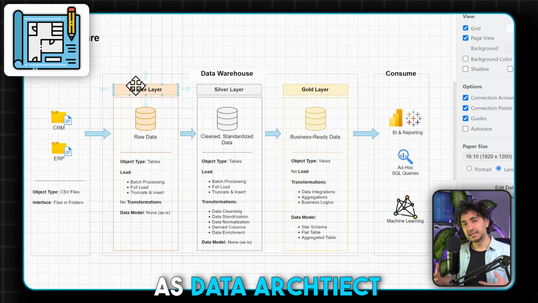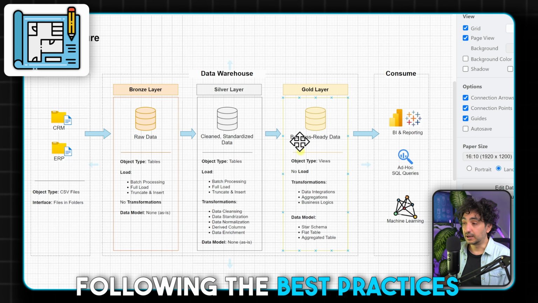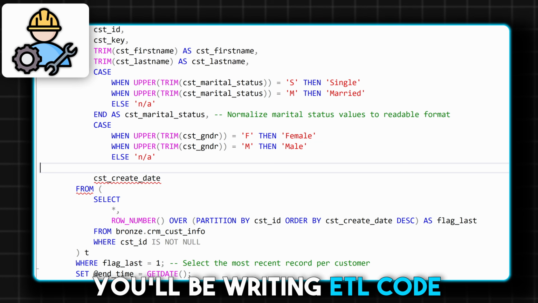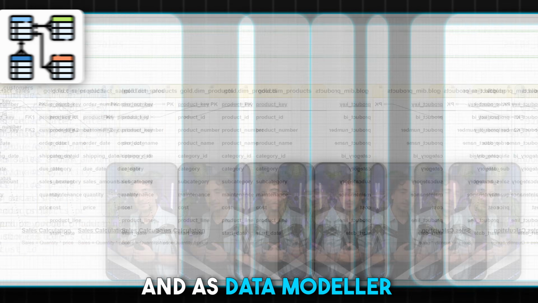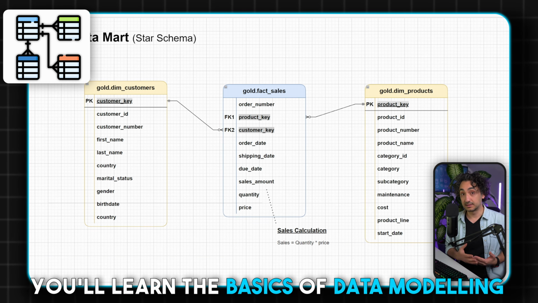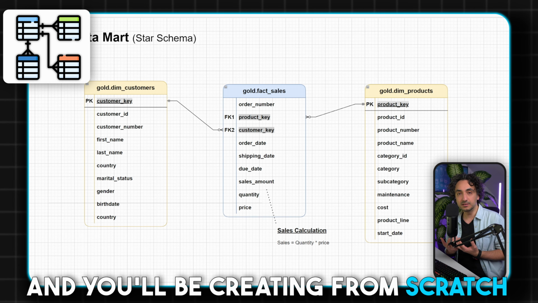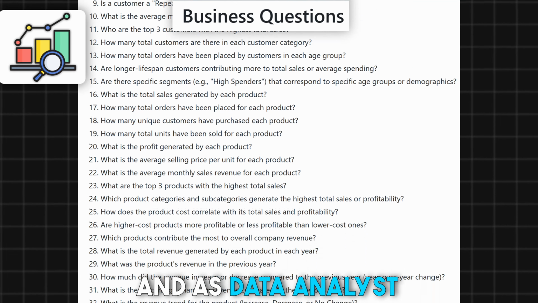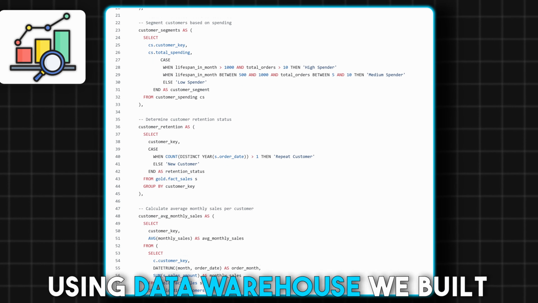And here's what you will get out of this project. As a data architect, we will be designing a modern data architecture following the best practices, and as a data engineer you will be writing code to clean, transform, load and prepare the data for analysis. And as a data modeler you will learn the basics of data modeling, and we will be creating from scratch a new data model for analysis. And as a data analyst or data scientist we will answer more than 20 real-world business questions using the data